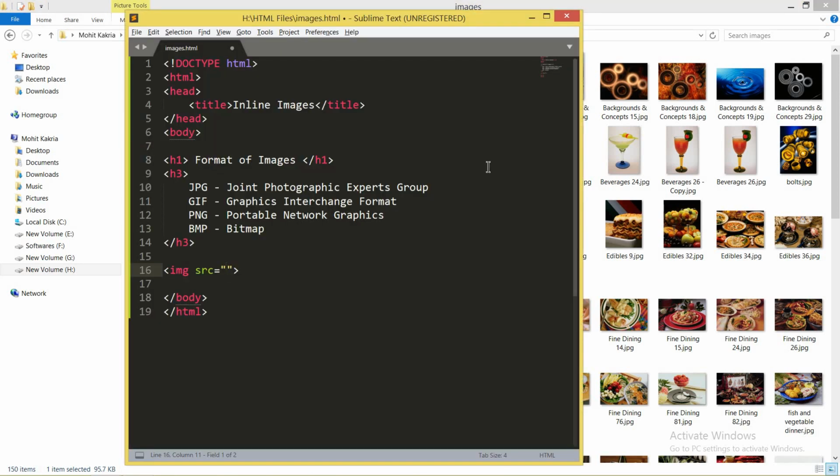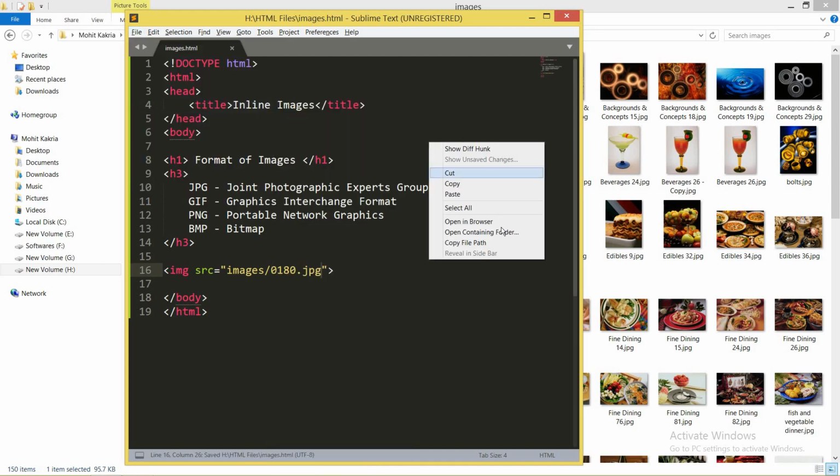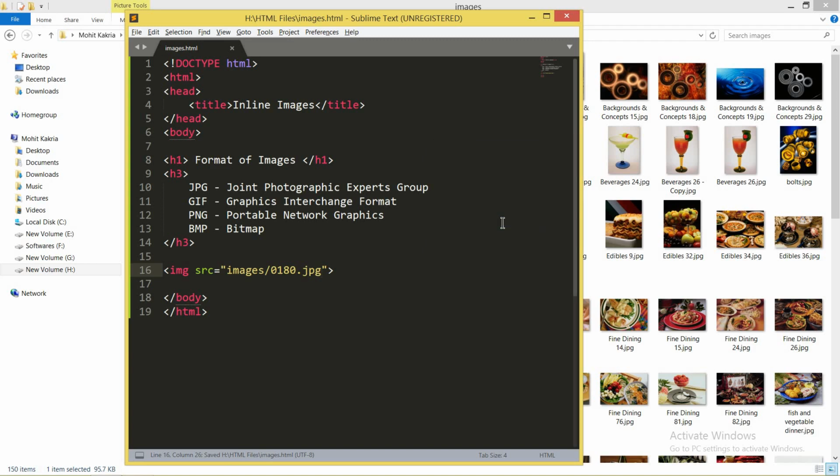Then first of all give the reference of that particular folder, images, like this, then slash, and give the name of the file which you want to show on my web page. Now you can see this is your tag img, this is your attribute, or property, and within double quotes give the path. This is my folder name in which I have placed all my images, and this is the name of the file which I am going to implement. Now just save this.